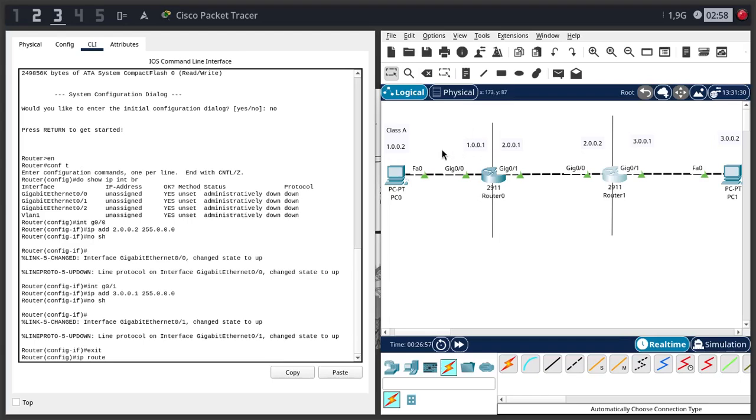It doesn't know this range, the 1000. I thought I said too many zeros for a second, but it doesn't know this range, the 1000 network. So, like we did with the other router, we're going to tell it manually how to find that network. So we're going to type in IP route and then the network that we want to know or to access. Then we're going to type in the mask, which is class A, again 255.0.0.0, and then the